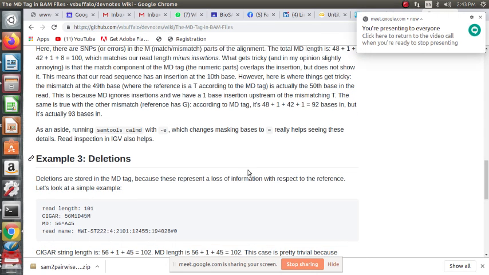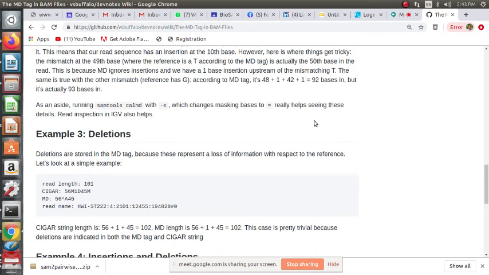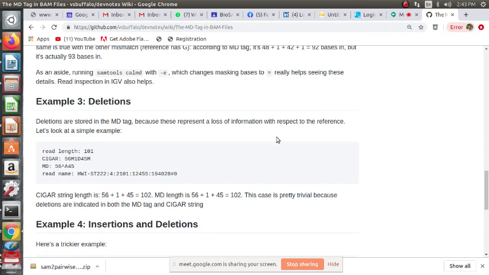So example 3, deletions. Deletions are stored in the MD tag because they represent a loss of information with respect to the reference. Let us look at a simple example. Here the cigar is going to be 56 match or mismatch, 1 deletion, 45 match or mismatch.